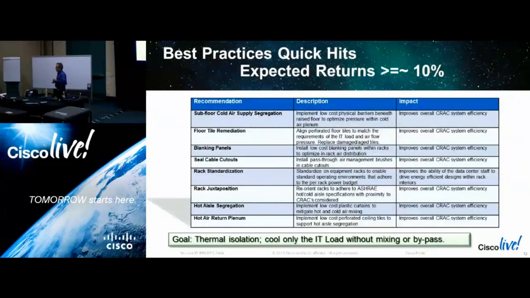First quick hit of the day. Every data center I do an assessment on, this is the first 20 minutes, half hour. Guaranteed that every shop I've been in produced enough low-hanging fruit it would pay for your company's investment in Cisco Live this year. Here's how it works. Now, Monday morning, you want to bring along with you a camera if they let you take pictures in your data hall. There's some very good, valid reasons why your security department does not want you to do that if you're in a certain kind of business. Check with them first. If they do, bring it. If not, bring something to take a note.